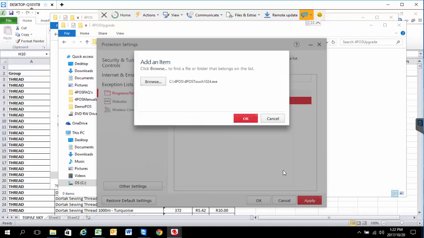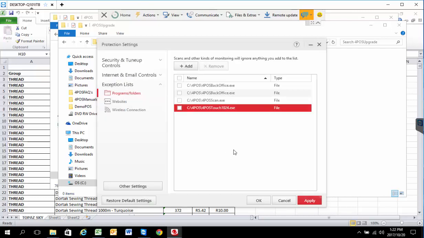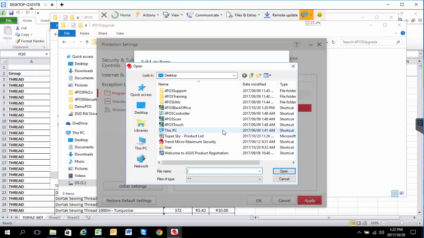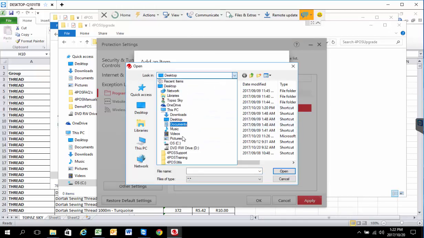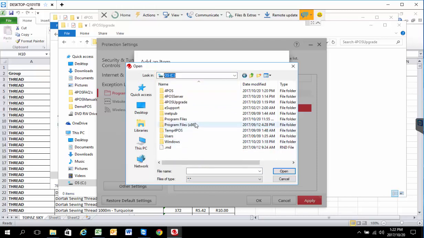Okay, so there's the 4POS Touch, and I don't know if you picked that up, but you'll see that that's actually the old programs. I'm just allowing the old programs now to be accepted. So in this case, this machine has not been set correctly at all. Another way would have been to just uninstall the program, or tell the program maybe to go into sleep mode,